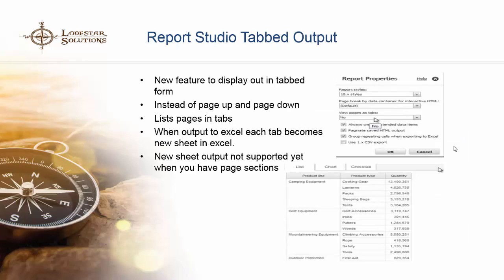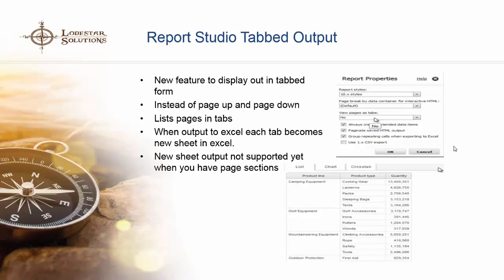So this feature I think is awesome. It's called Report Studio Tabbed Output. So you can now set report pages to output as tabs instead of clicking up and down to see the new details. So when you build a report and you've got charts and graphs and crosstabs,